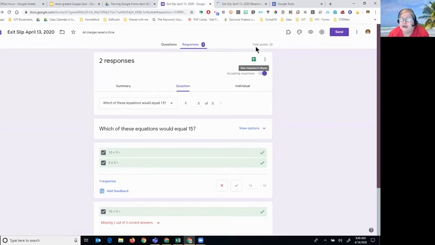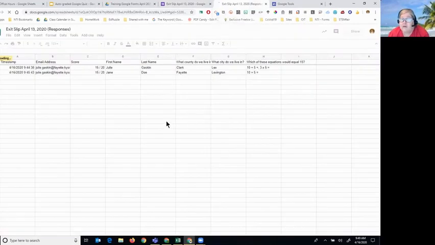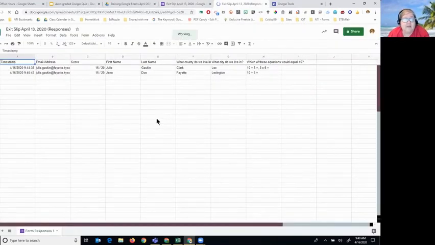It will not create a new form. It will just open the one that you have already created. In this, what I wanted to show is the score and the students' names. Now, if there were 30 names here and they were not alphabetized and you needed to get the scores from here to go into Infinite Campus or your grade book or somewhere, then you may want the last names